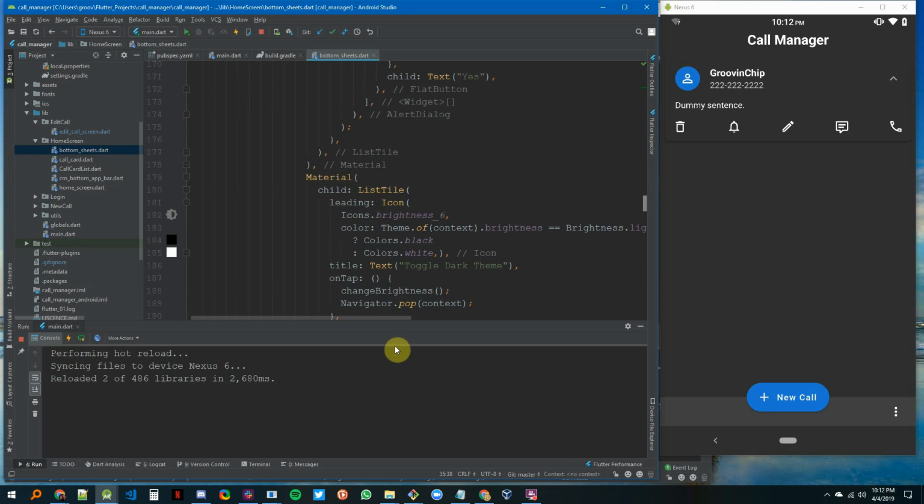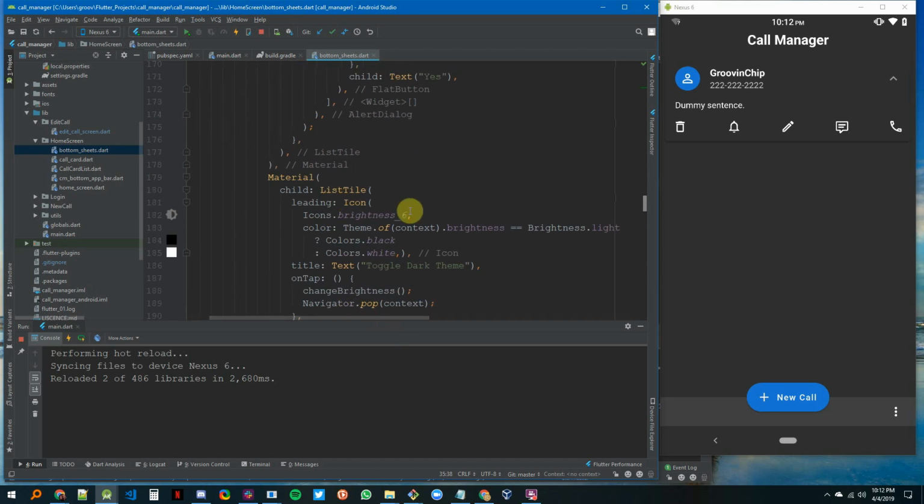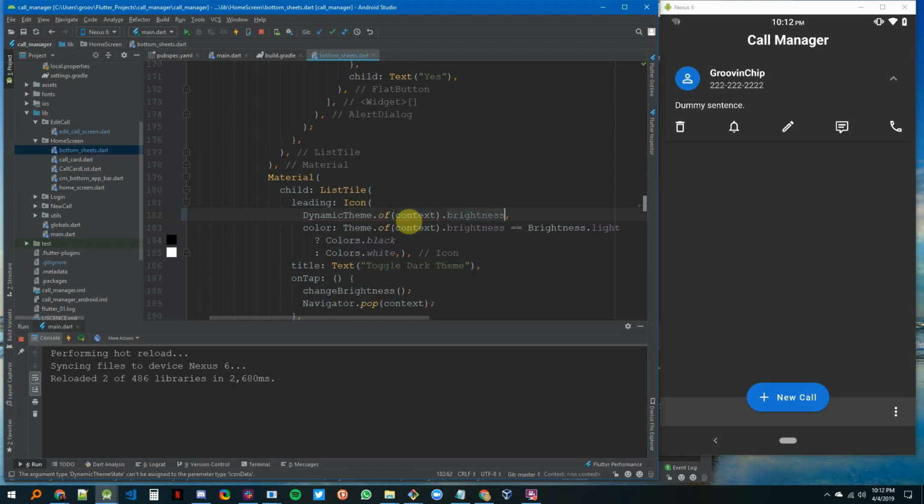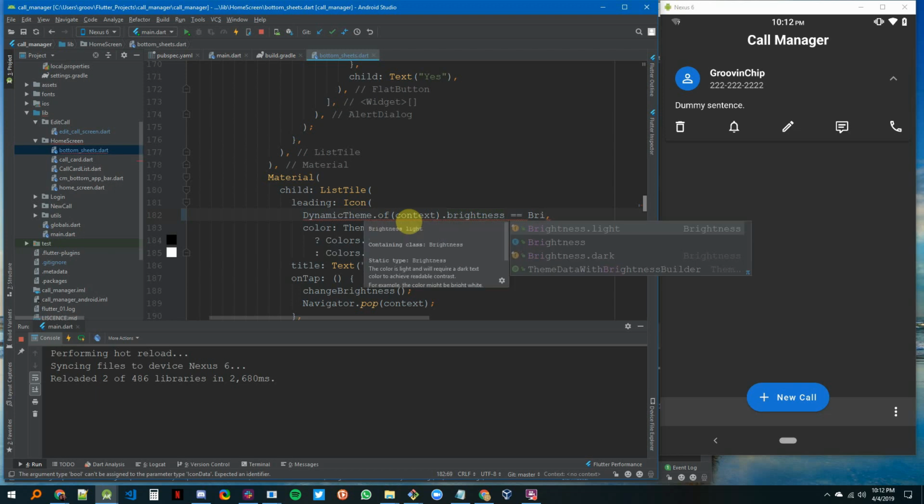Should be down here. Okay. So what I'm going to do is put a ternary operator here. I'm going to say, because I'm using the dynamic theme package, if the dynamic theme.of context.brightness equals brightness.light,